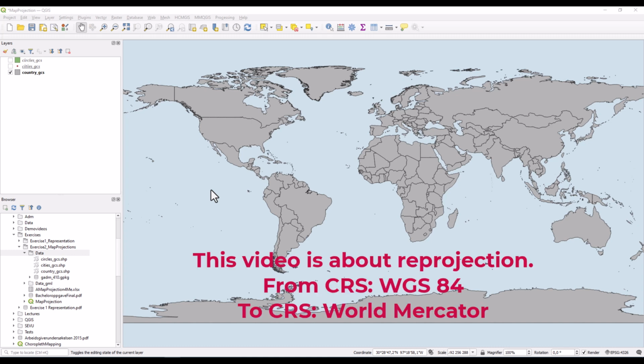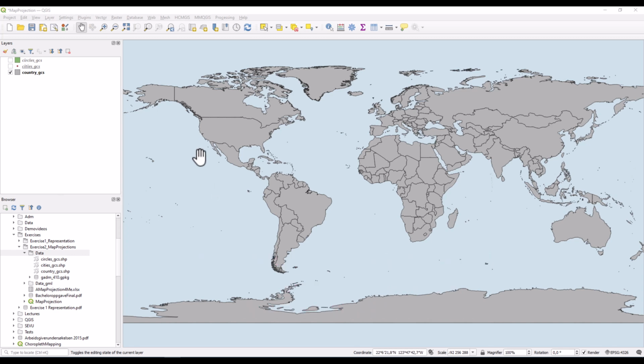Hey, in this video I will show how you can use the Reproject tool to project a map in a geographical coordinate system to a map in the Mercator coordinate system. So I have QGIS open here with the country layer with all the countries of the world,